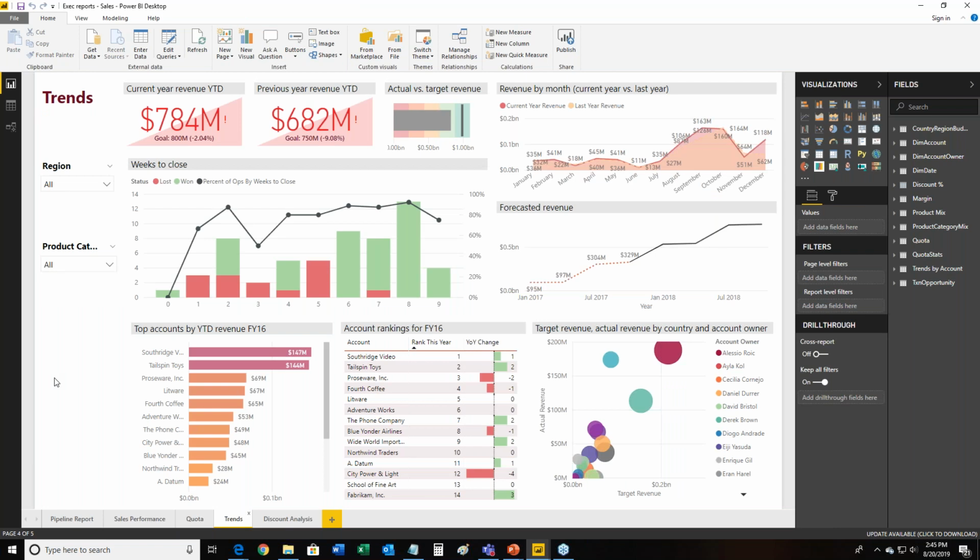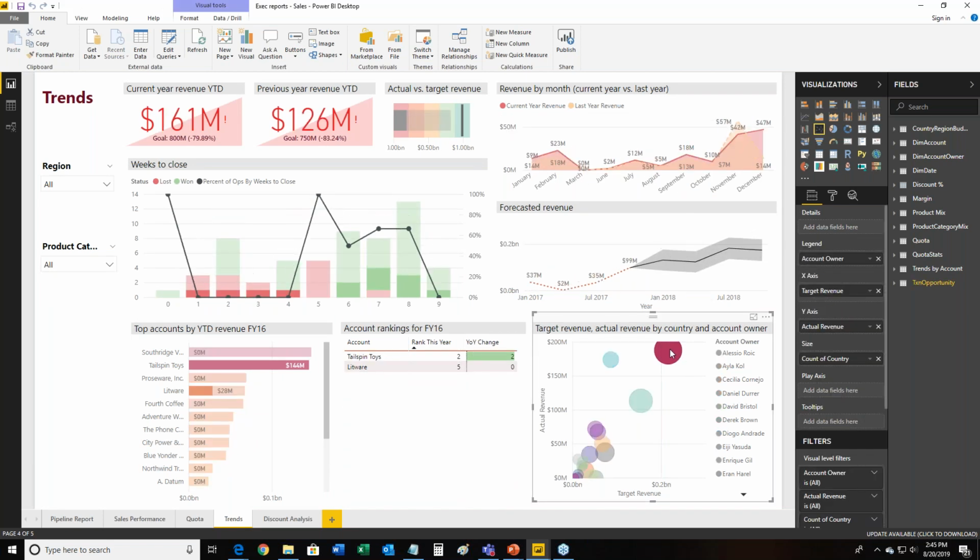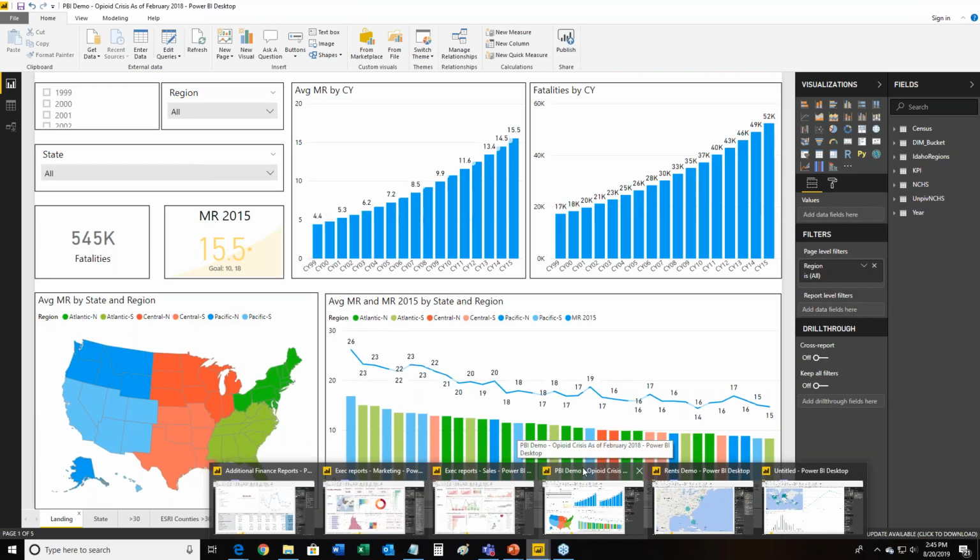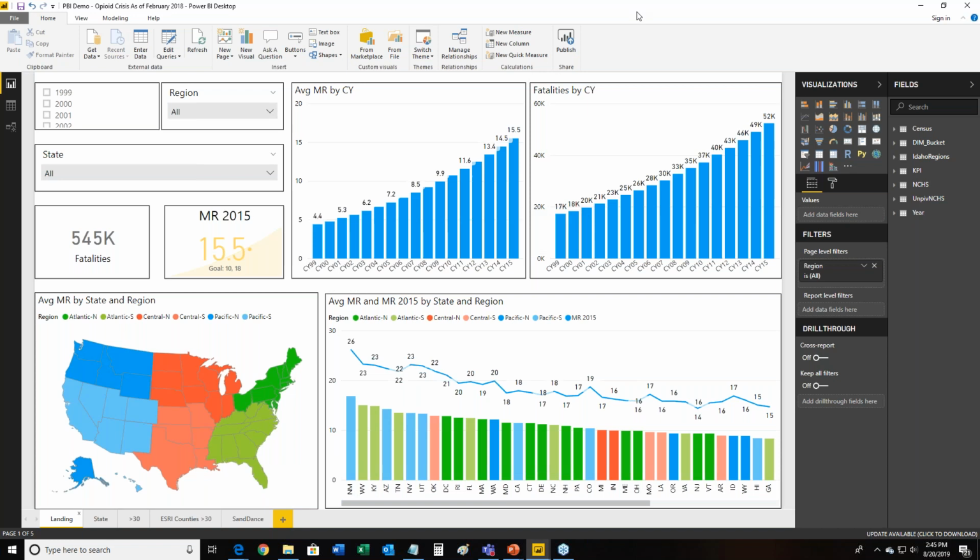So all very valuable data. I can zero in on specifics, again, to help me make better decisions, help me create some strategy around the data. So the first part of what we talked about, Jason, was getting the data.